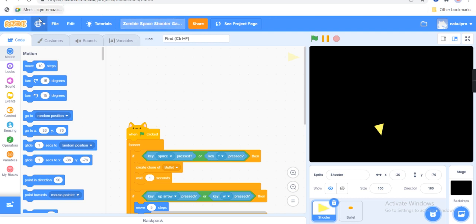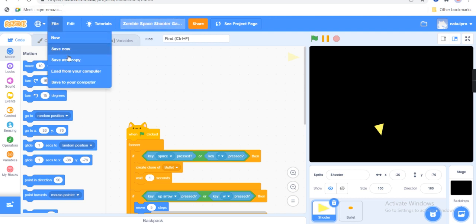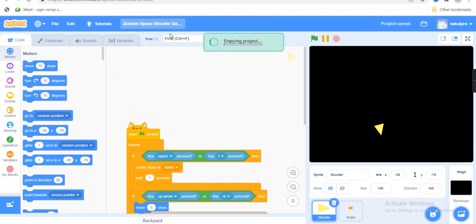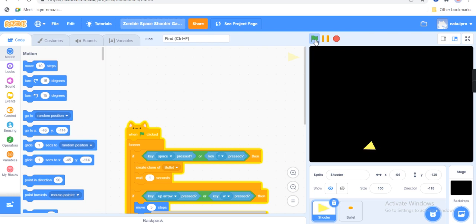So before we start, save your project as a copy, because if you have some error and you can't fix it, you can always start again. So name this part 2. So yeah, let's start. First,